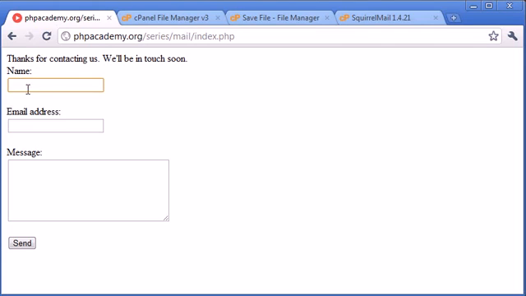We don't have a max length for name, nor do we have a max length for email address or message. So you're going to need to use the strlen function to see what size these values are. You could set a message size of no more than 1,000 or 2,000 characters. Email address, I'd say no more than 50 characters, and name no more than 30 characters, or 25